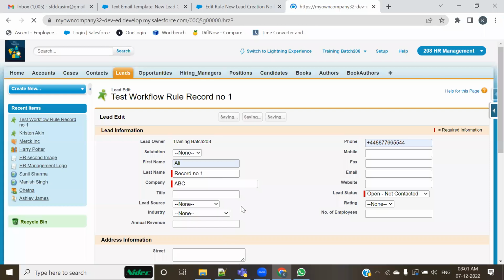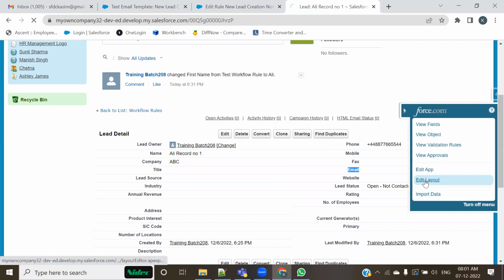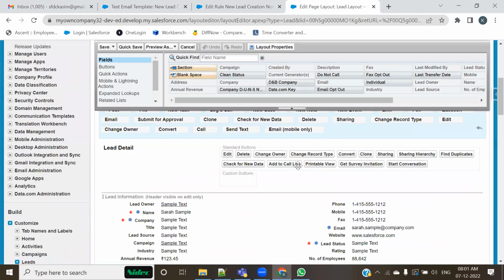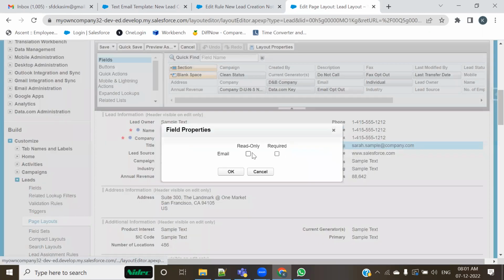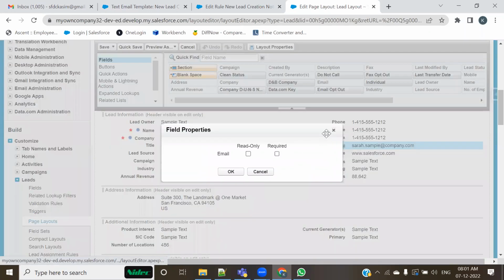Okay, we have seen that even now the email ID is blank and the record is getting saved. We have studied how many different ways you could make a field required. There is a required checkbox, and you can make this field required with it. Another way is page layout customization. You can go and edit the layout, find this field, double click, and make it required. What is the difference between making a field required